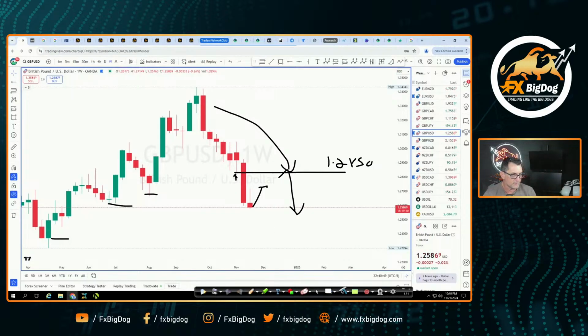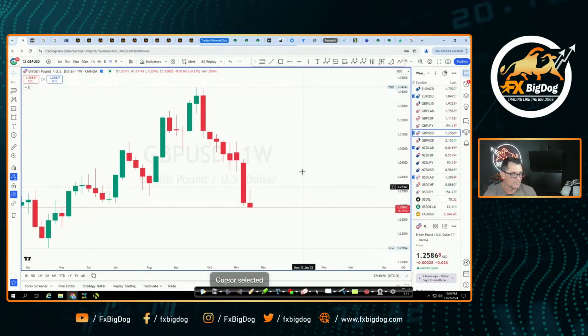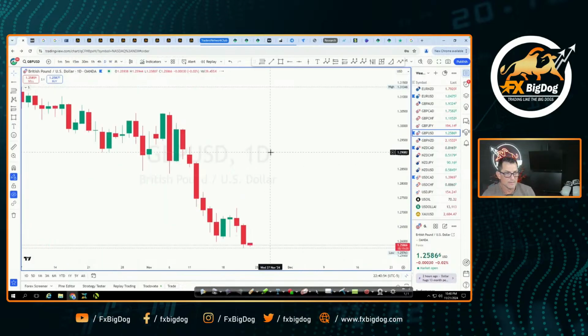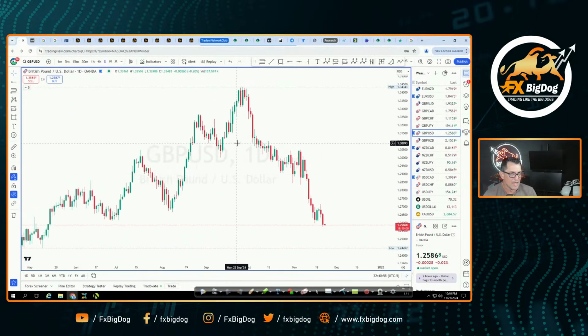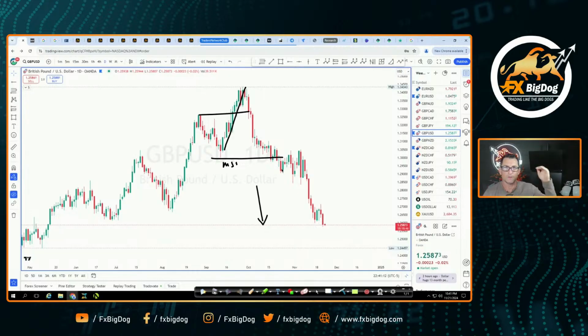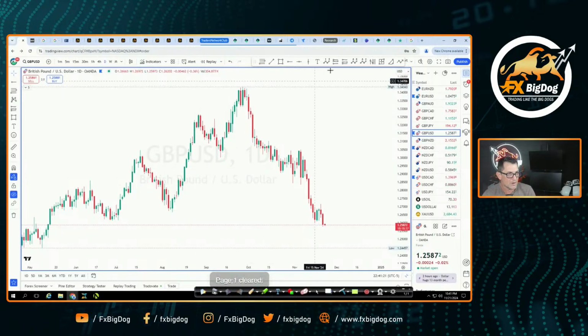So if I look over here and I try to break this down, I have to go to the daily. So here I go to the daily. Now, if I look on the daily right here, what do we have? Okay, we have a move, right? We've got to pay attention to this move right here. Anytime we have a market structure shift, we've got to look at this move. From there to there, that move is going to give us our deviation levels. What are we looking for? The -2, -2.5. This is where we're anticipating price to move to when we see a reversal in the market. So anytime the market sits and reverses, we're looking for price to show deviation levels.